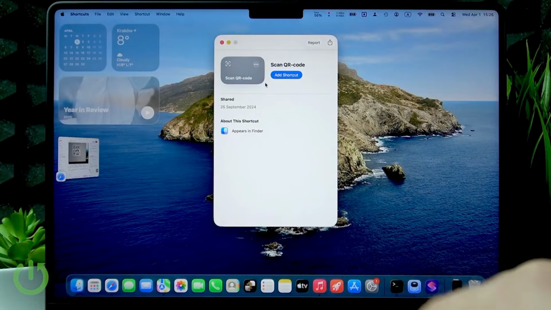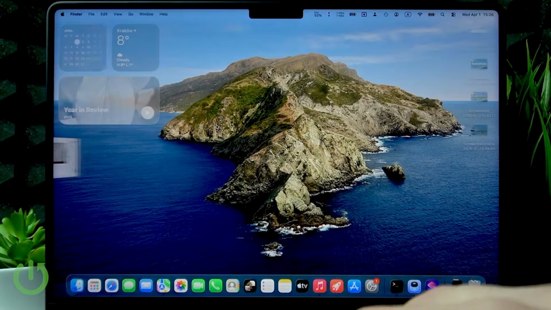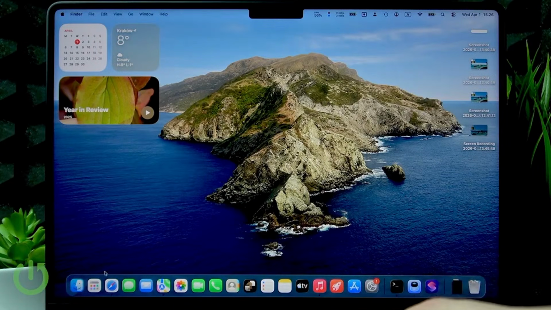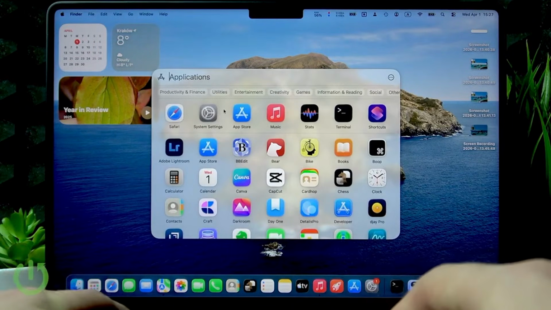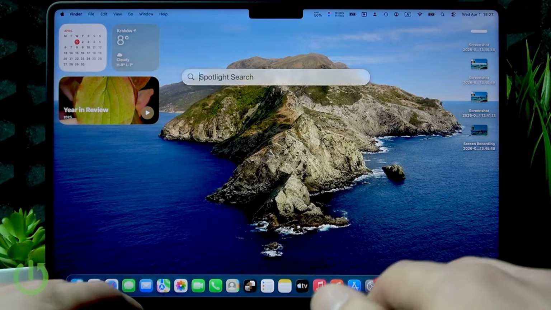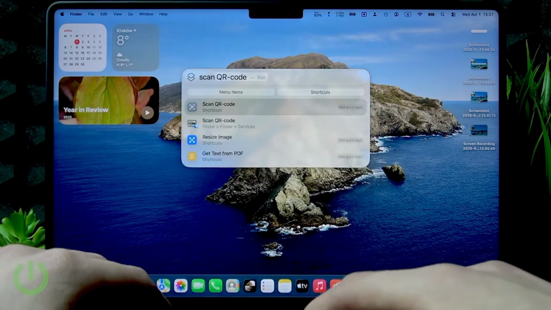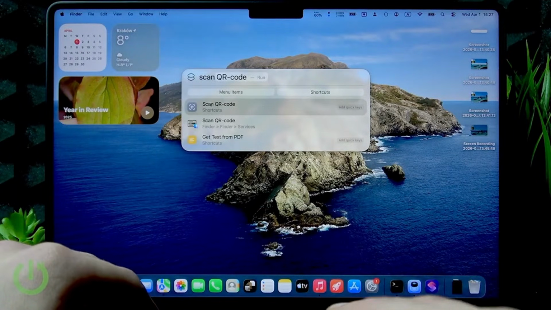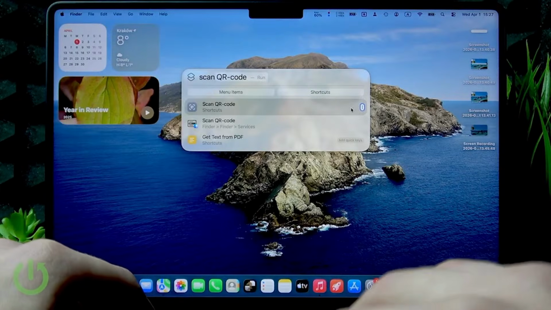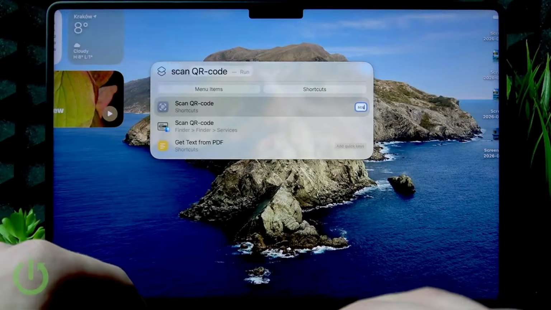So all you have to do is just follow this link on your Mac, then click Add Shortcut, and after adding this shortcut you'll be able to use it in the Quick Actions menu. So just press Command Spacebar to open Spotlight, then Command 3 to open Quick Actions, and then search for Scan QR Code. You can also add some quick keys to do this easier, for example SCQ,